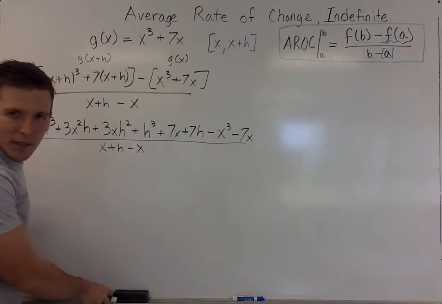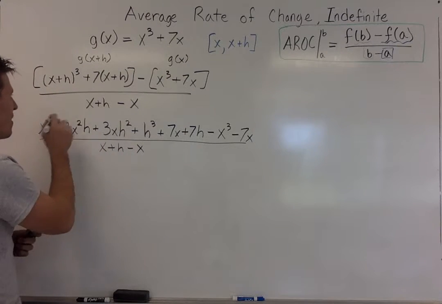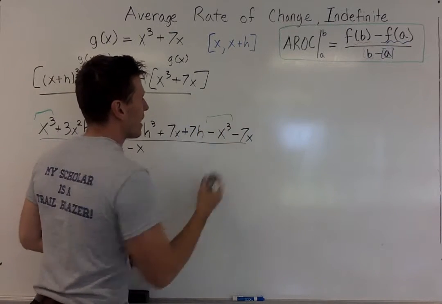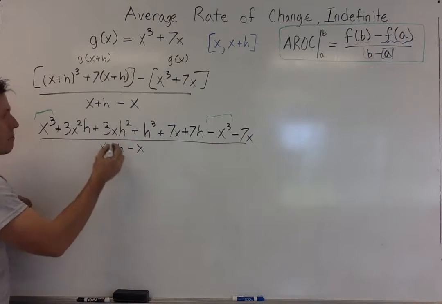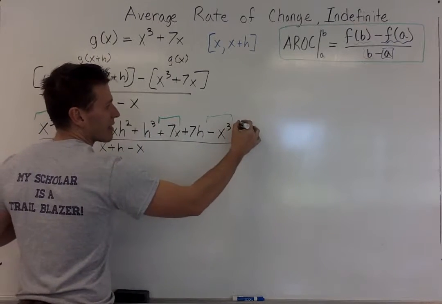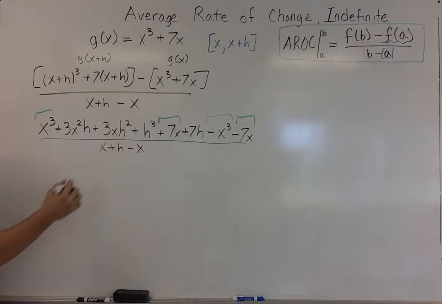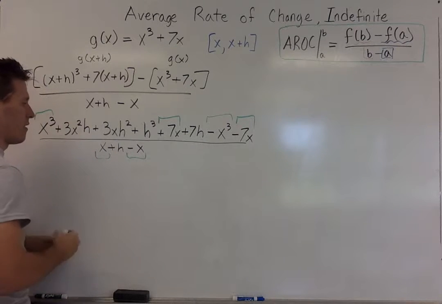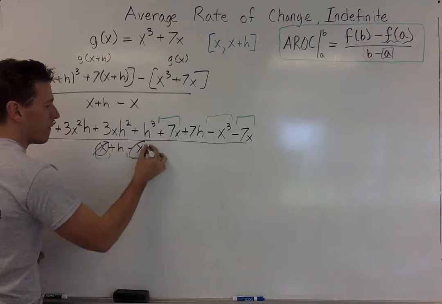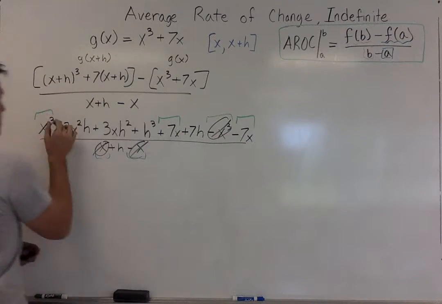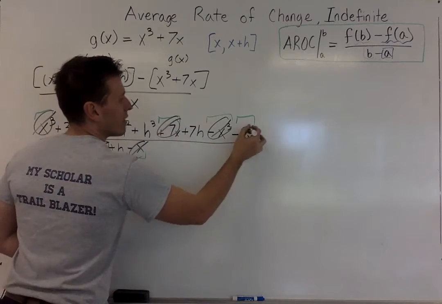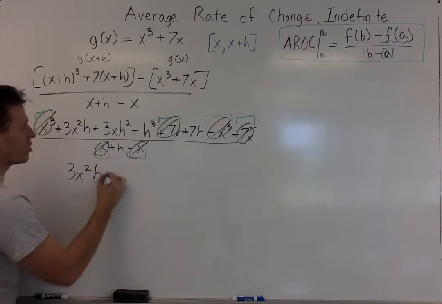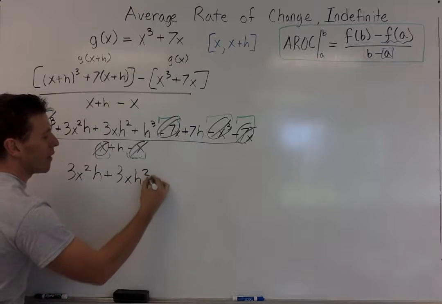This is where something special happens. I get really excited about it. The first component had a positive x cubed, and the second component had a negative x cubed. The first component had a positive 7x, and the last component had a negative 7x. And the denominator had a positive x and a negative x. So these eliminate each other. This eliminates that, and this eliminates that, which means that what's left is 3x squared h plus 3x h squared plus